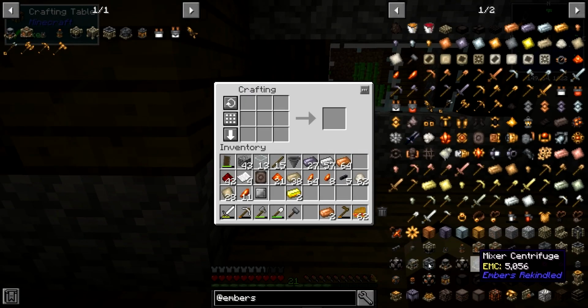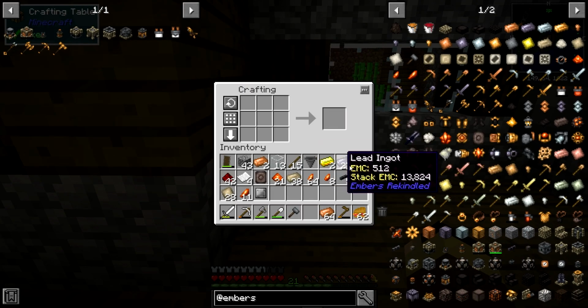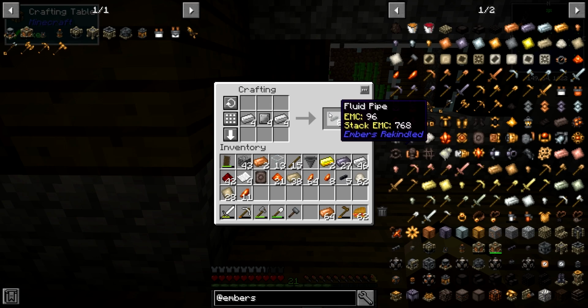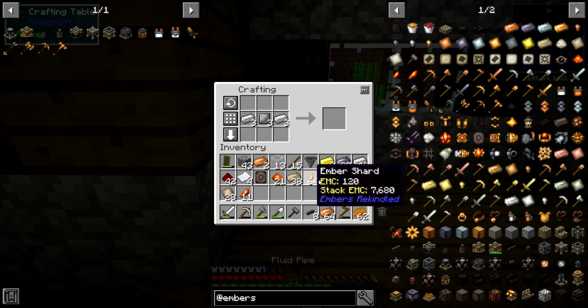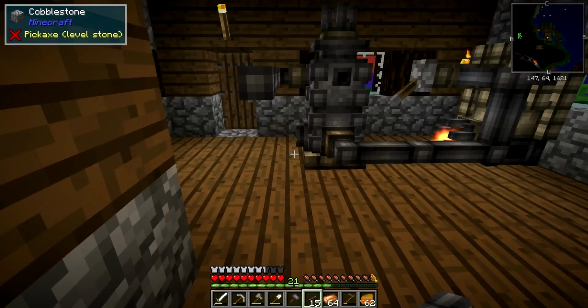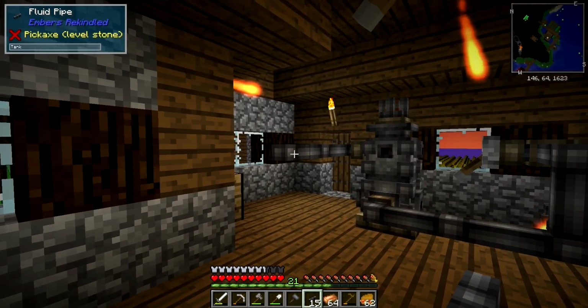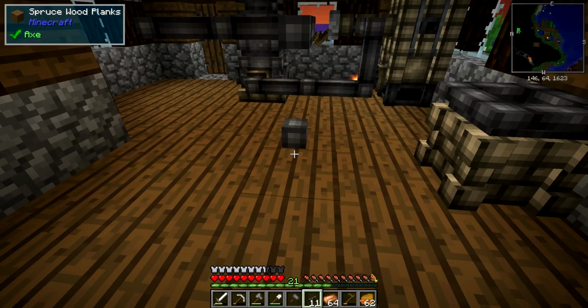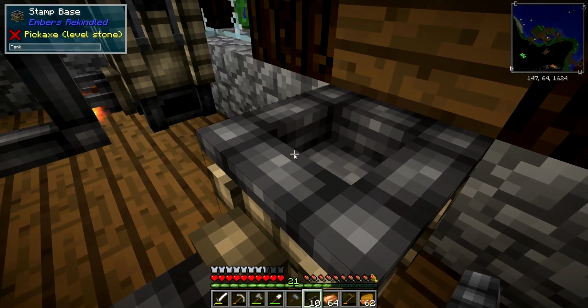We're going to need more fluid pipes, which means more iron. Bam. So we're going to do more fluid pipes. Oh, I think that should be good. There we go. Fluid pipes going like so. We're kind of stuck in here for now. Piped into here. And that should give...